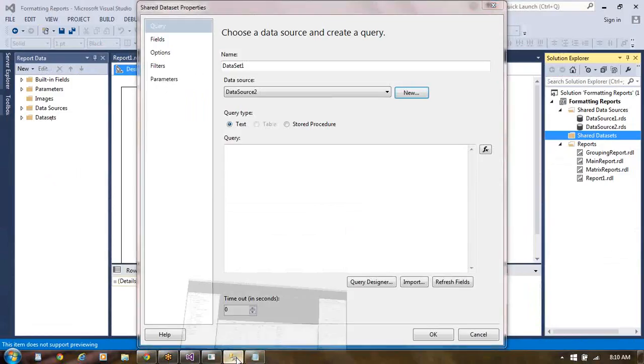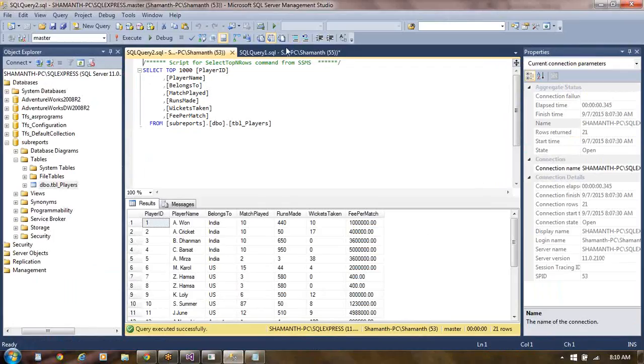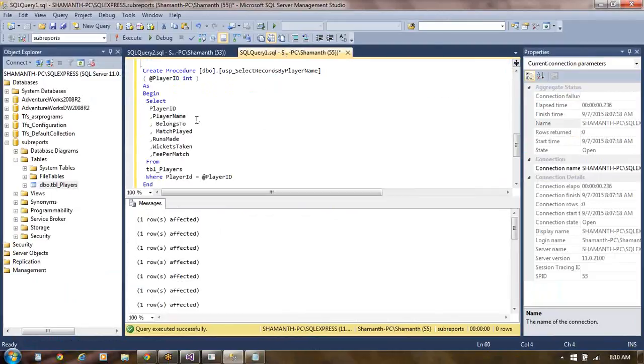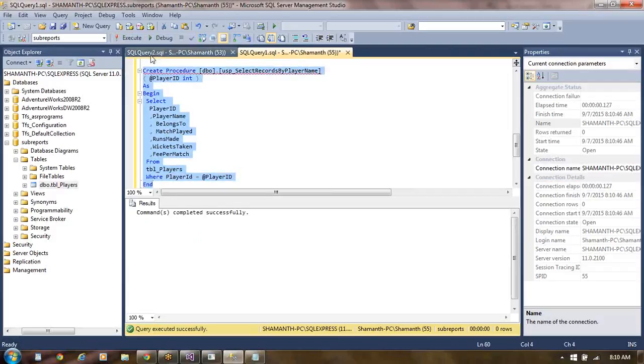Let us try to make first of all a procedure. Coming to this here, let us make a new procedure. This procedure basically select records by player name. We give player ID. Based on the player ID, records must be getting selected for us. Go with this, try to create the procedure. Look for syntax, then followed by execute this. Now here procedure has been created for us.